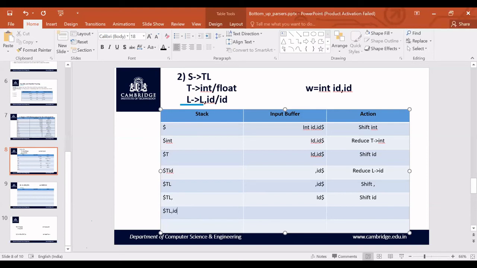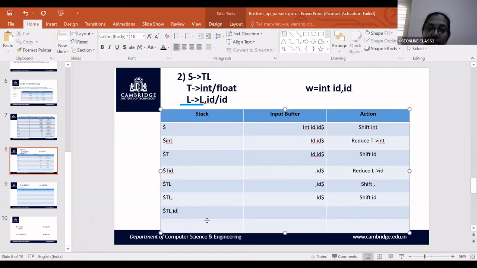Now do I have a production rule which matches the string L comma ID? Yes, ma'am. Instead of replacing ID with L and then reducing L comma ID, I cannot come to the start symbol. Instead, I can take a substring on the stack top. What's the substring on the stack top? L comma ID.